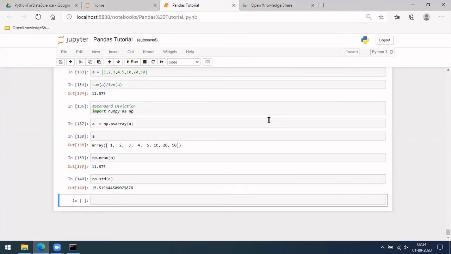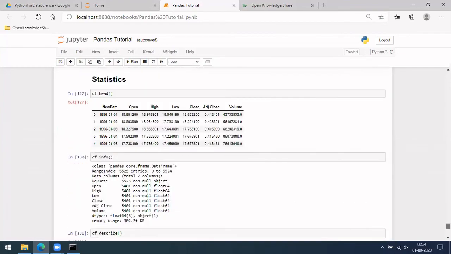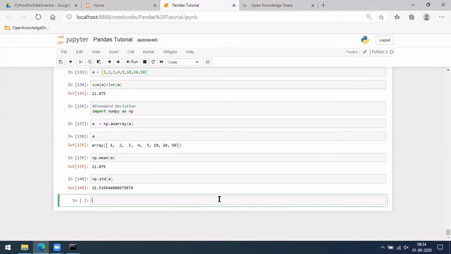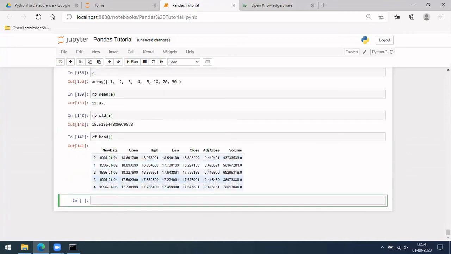So let me quickly give you a few other things which I did not cover, and then we can close this pandas. One more thing, let me see df.head, which we have something like this, right?